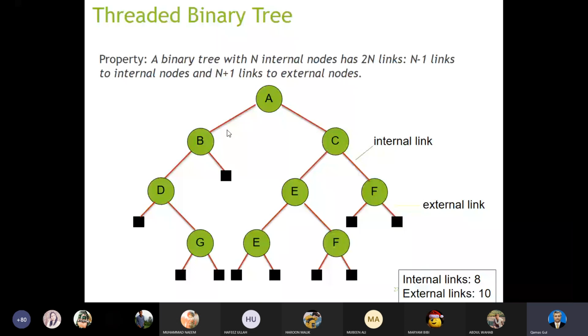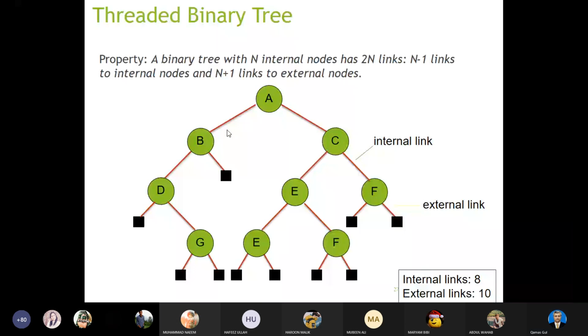Now the link from A to B, from A to C, and then C to F, all of them are represented by red color. So they are called links. These links, if you count the links,